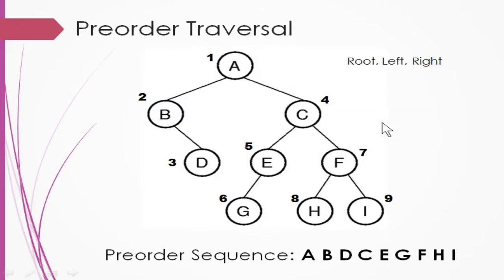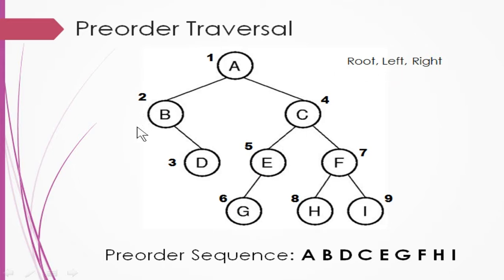First we will go to pre-order traversal. You are given the tree here. You are going to write the sequence in which order the nodes are going to be visited. First you should know what root, left, right means. It is pre-order, so you visit the root first, and then the left subtree, and then the right subtree. Since it is a root, A will be marked first. So A will be the first root to be visited. And then you have to go to the left.